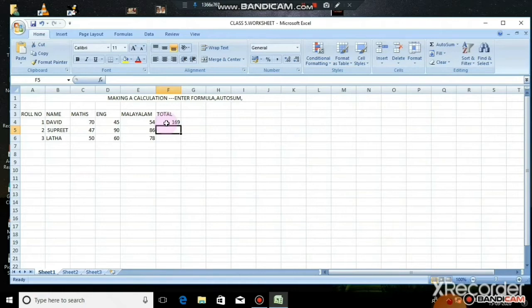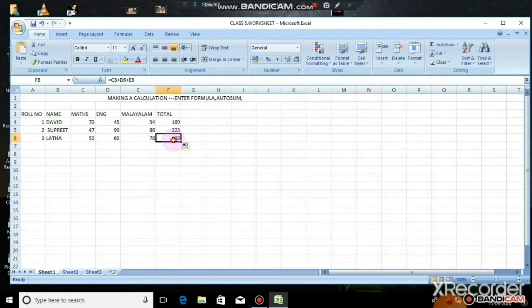What is the advantage of a formula? For one cell if you create a formula, you just place the mouse pointer at the end of the active cell. It changes to a plus symbol. You can just click and drag to the next cells. Automatically the cells get filled with the total. You can see in each cell the formula is applied automatically by the Excel sheet.